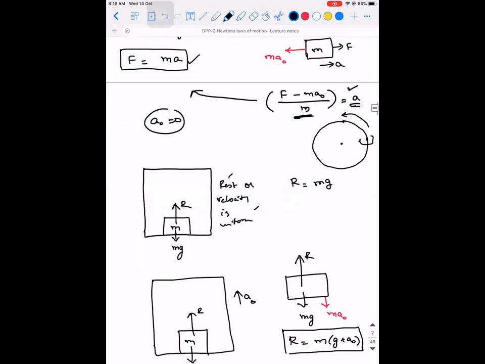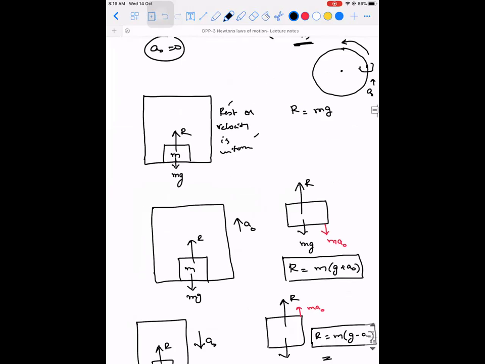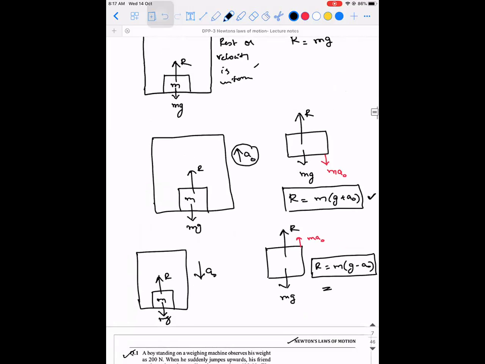So, if suppose the wheel is moving in the upward direction with an acceleration a naught, what exactly is going to happen is you tend to feel that your weight has increased. That is why when the lift is moving in the upward direction, the reaction force exerted by it is m into g plus a naught, means it is like your weight has increased. But actually it has not increased. But when it is moving, something is getting added to your weight. You're able to understand? Similarly, when the same giant wheel is moving in downward direction, your weight is no more mg. It is m into g minus a naught.